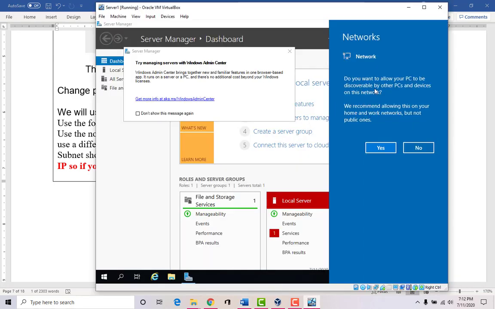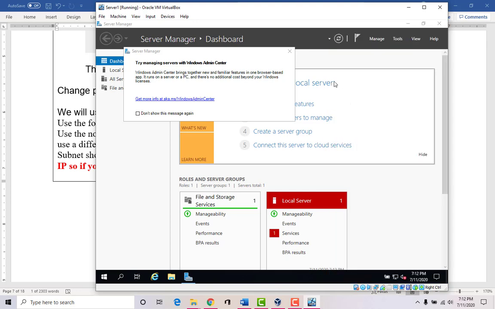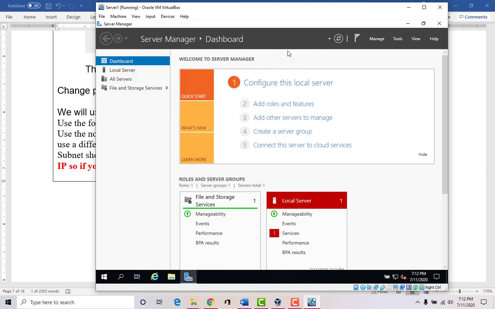Let's see, do you want to allow your PC to be discoverable? Just say yes. Okay. When the server first starts up, it gives you all these options where you can add roles to it, and this is where you'll be able to add the different file sharing and things like that.